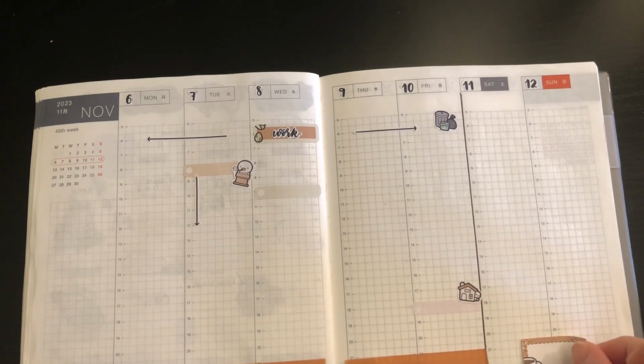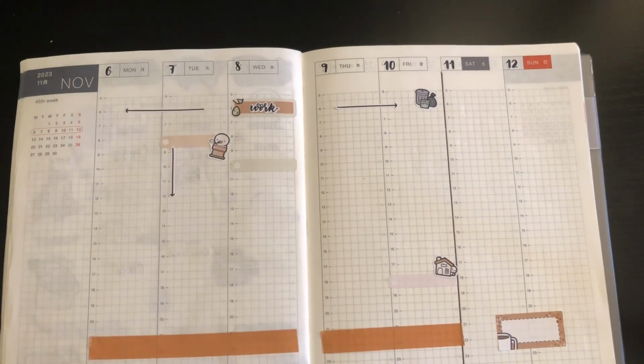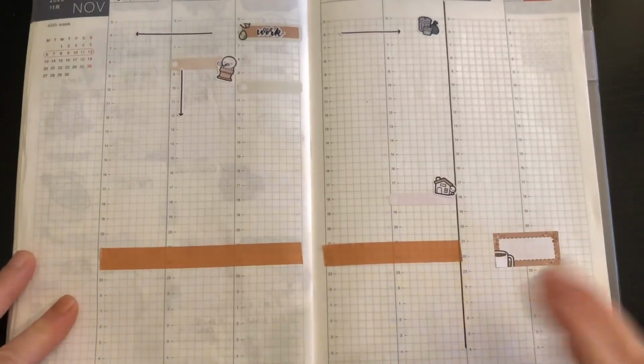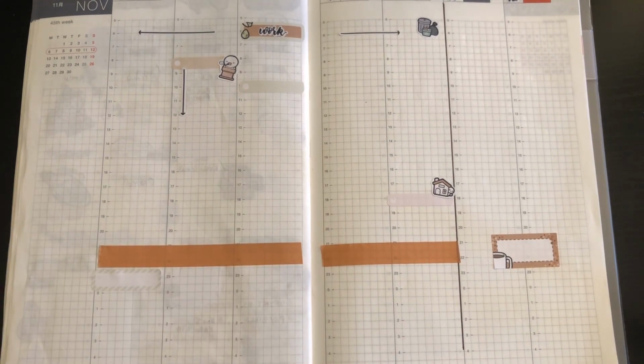And I think I'll put this box down here, not for next week because I won't really be here, but for what's coming up in the weeks when I'm back, because I do like to have a little spot to note those things. And then I think along the bottom, because I do have some extra of these stickers, I'm just gonna alternate putting these stickers down, and I'll use these areas down below for